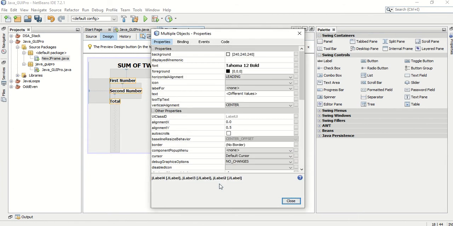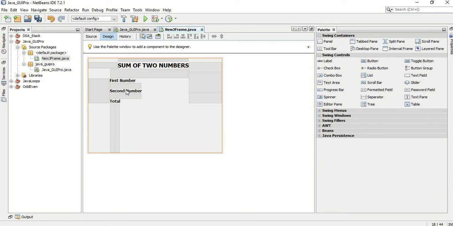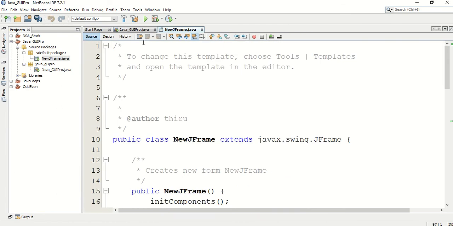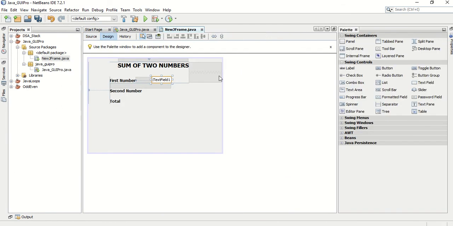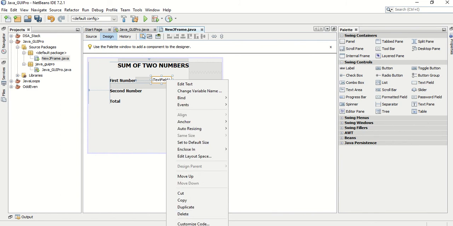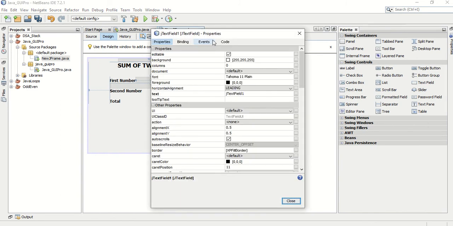Then I am going to insert the text field here. In the properties, I am going to make the text empty.